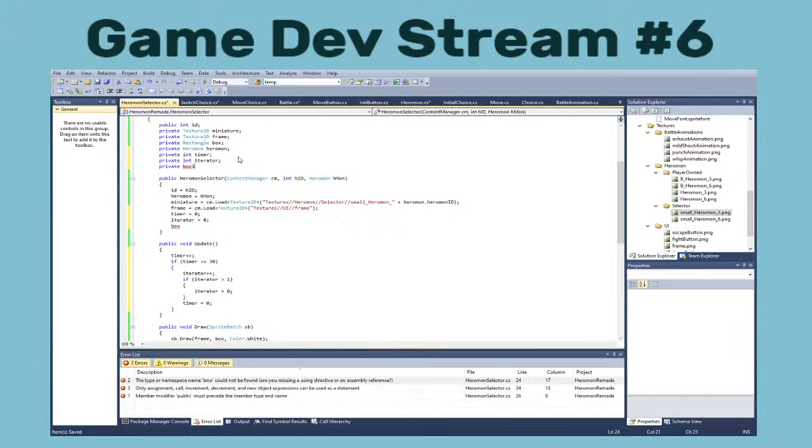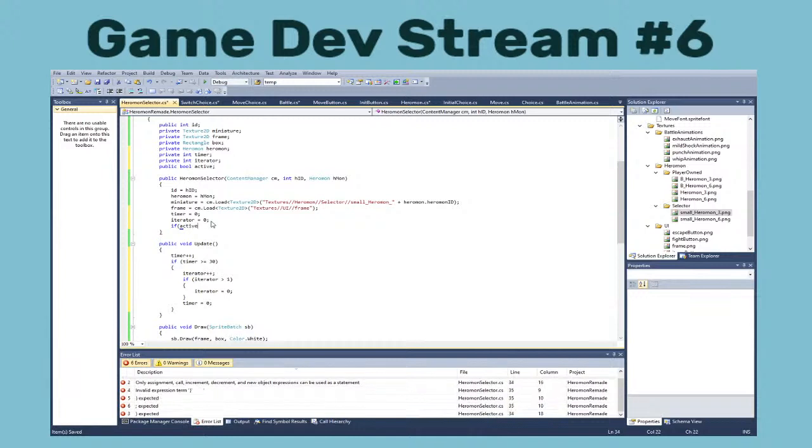Let's call it private at first. Private bool active. I think it's gonna have to be public, I'm sure. And if active equals true,